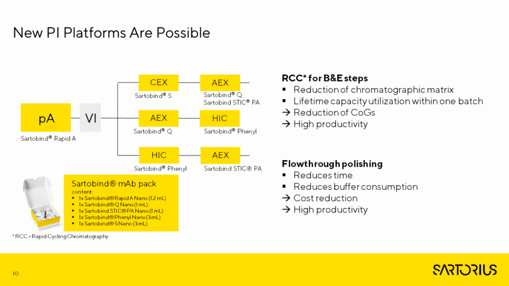On the bind and elute step, we are offering rapid cycling chromatography, and this offers a reduction of chromatography volume and supports the lifetime capacity utilization within one batch, resulting in reduced cost of goods and a very high productivity. On the flow-through, for example, with cation exchange, anion exchange, or hydrophobic interaction chromatography for the polishing steps, this